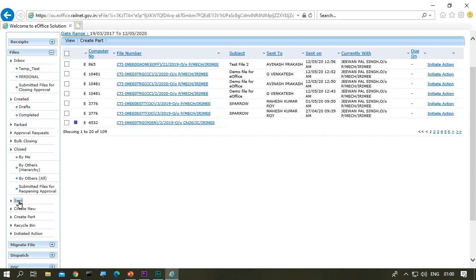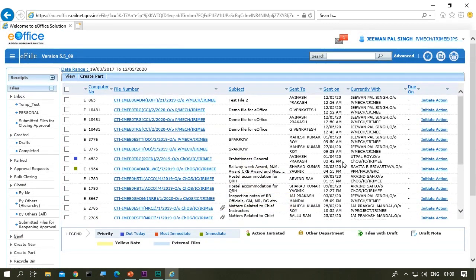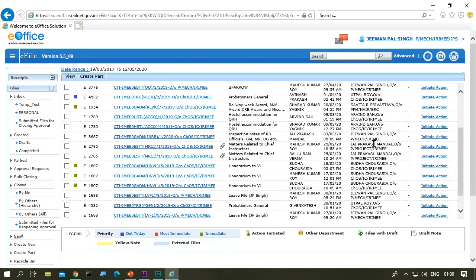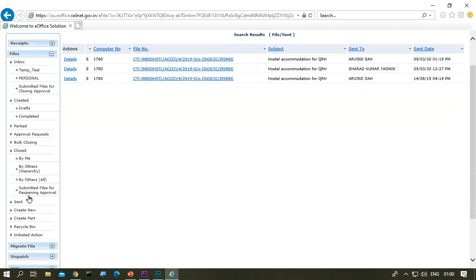Now the most important menu items are inbox, created, closed, sent. Now when you have a lot of files, you can use the search dialog box. If you give some keyword, the files will be filtered and displayed on the same page.